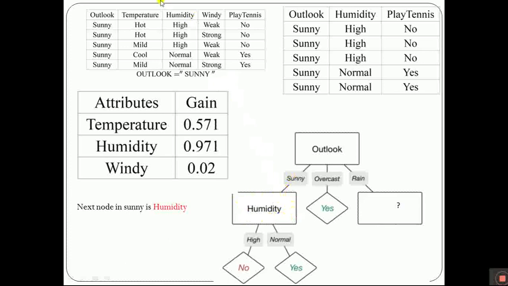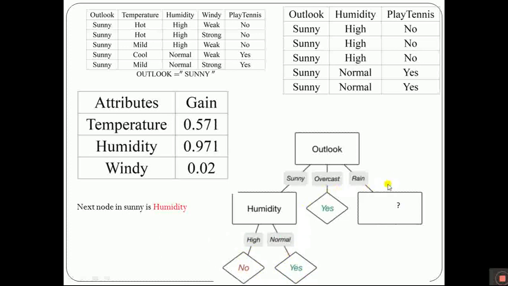In this humidity, the column represents whether it is high or normal. That's all, only two categories. Three values of high say no, and two values of normal say yes, then we can play tennis. In that case, the final decision is only no or yes. There is no further classification. I can stop further classification. So this no and yes are leaf nodes.